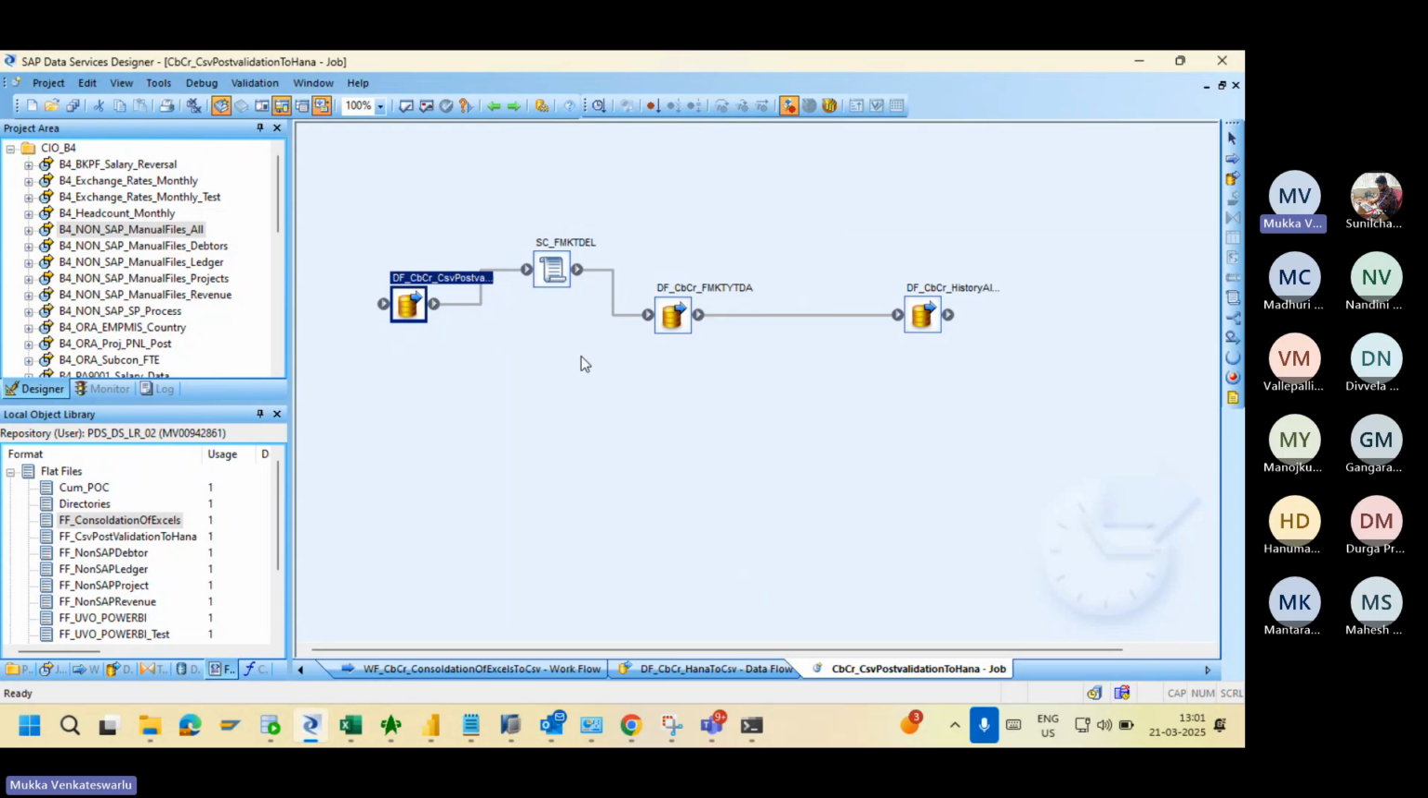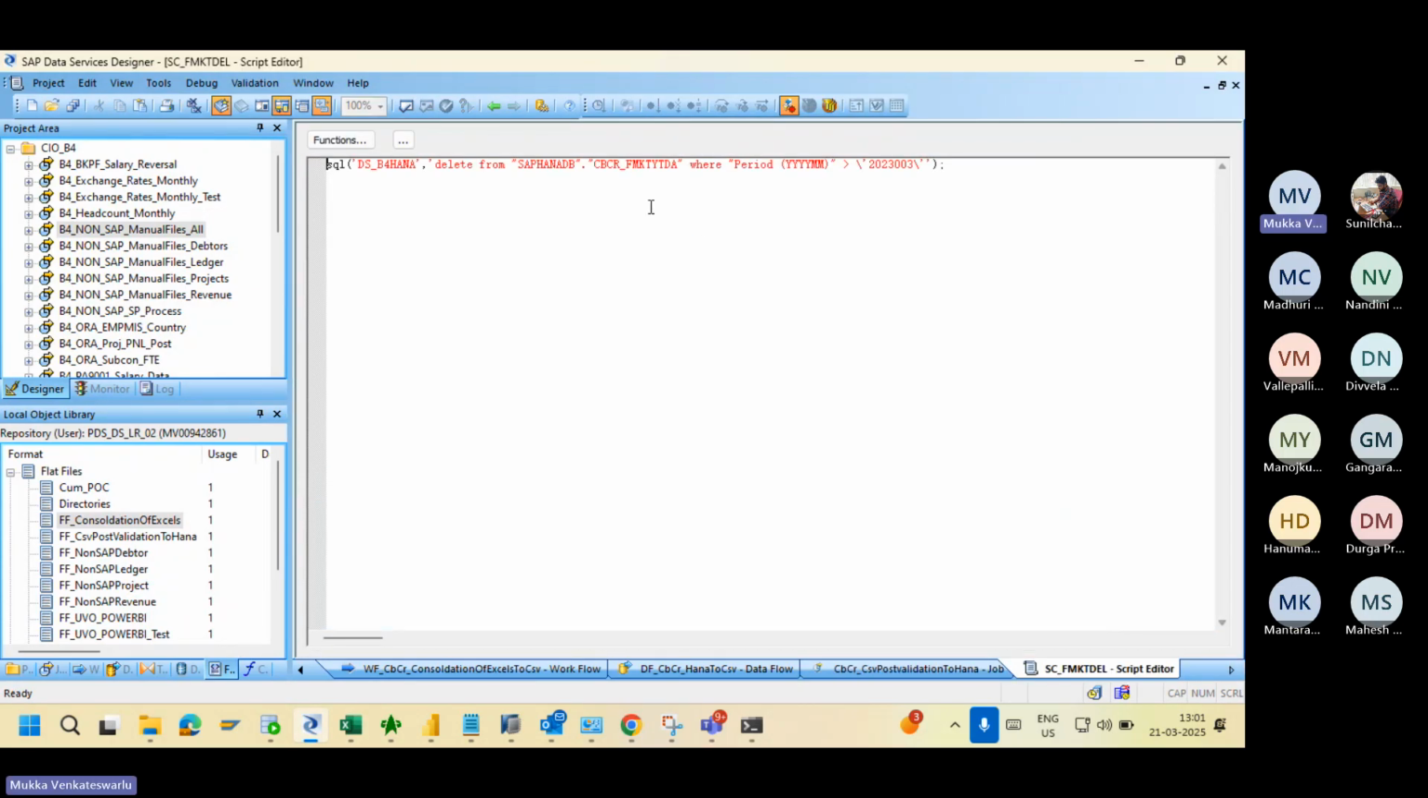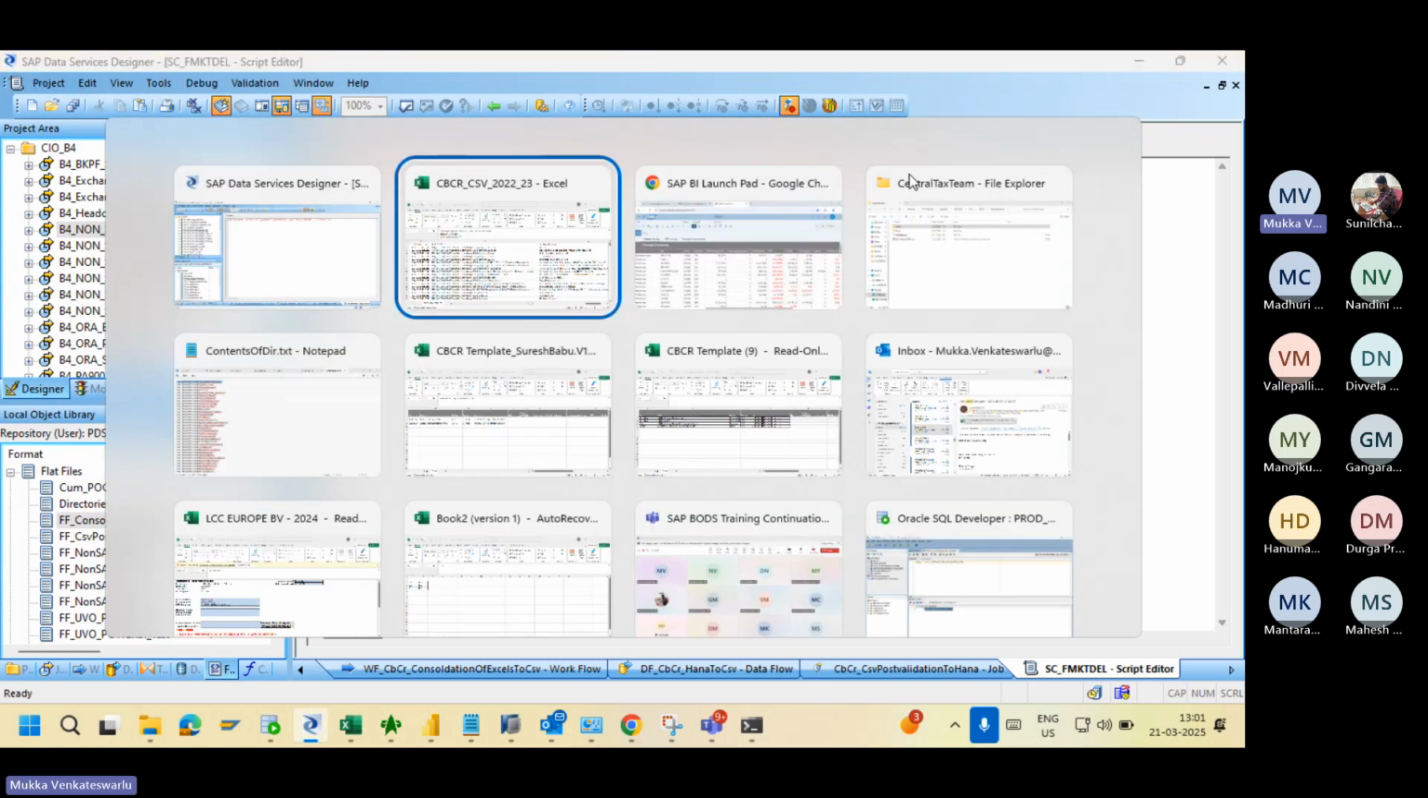Foreign currency to INR currency. For that, what I am doing is every time, first deleting the current financial data. That is, the current financial data is 2023-003, because in the template, in the period column, this should be